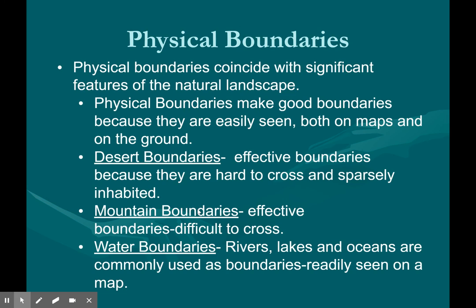So we're going to see these physical boundaries really come into play, especially when they're very clear. They're oftentimes used as boundaries between states or between nations. So you have the regular boundaries that are put in place by humans, creating arbitrarily where each country has control but might not necessarily be a physical boundary. And then you also have physical boundaries that allow you to easily see where the boundary between the two nations or two states is.